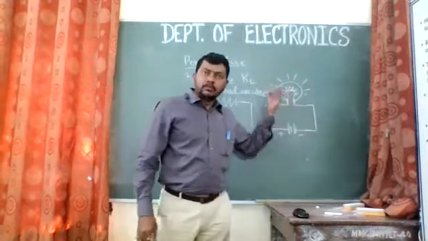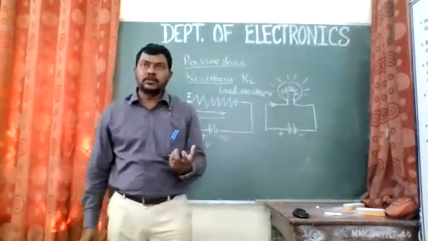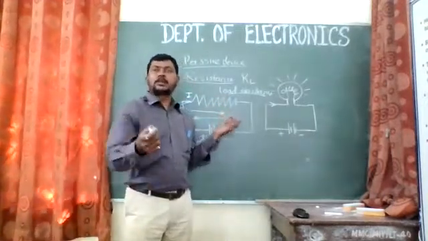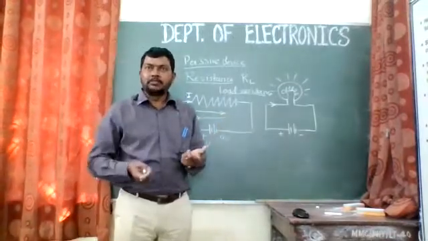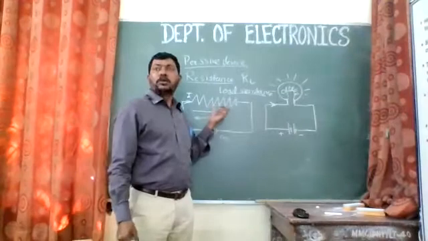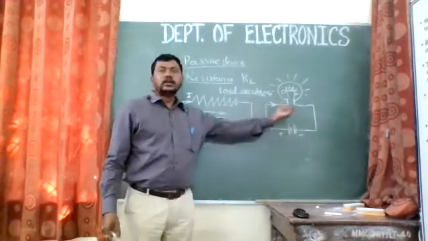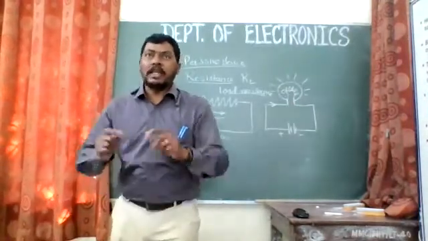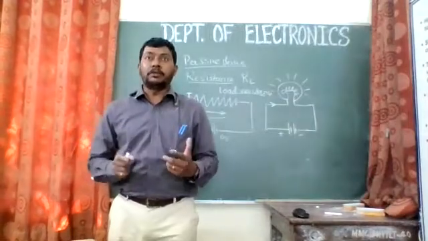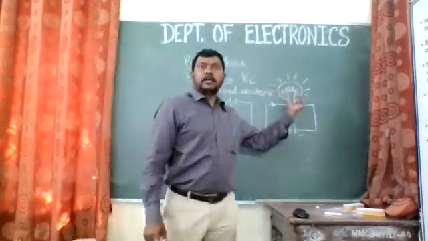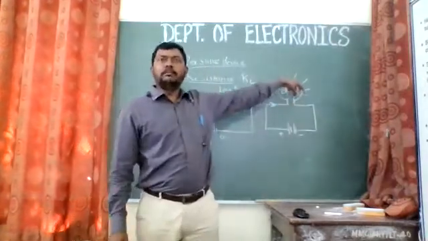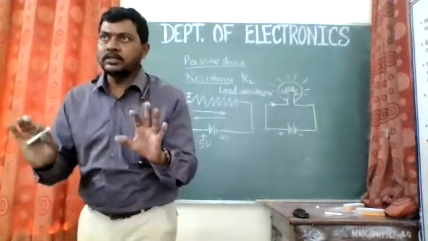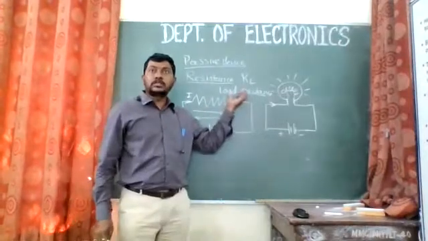And if this bulb blows, then it might cost around 50 rupees. But when I put a simple resistance over there, the cost of it is around 25 paisa. So it's very negligible. So I can afford the blowing of this resistance of 25 paisa rather than the blowing of this bulb, which is costing me around 50 rupees, right? So that I can do while designing. After implementation, if it works fruitfully when I connect a resistance over there, then I can put that specific bulb and then I can drive the circuit, right? Have you got this? So that is the particular meaning of this load resistance.